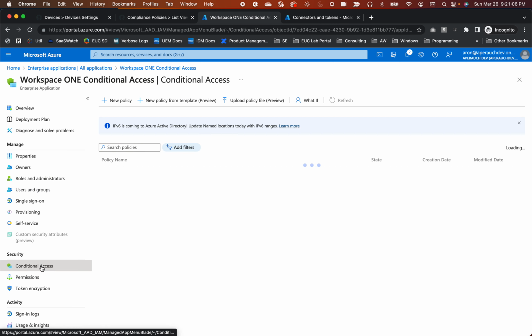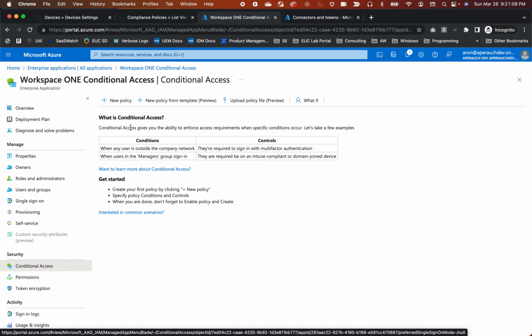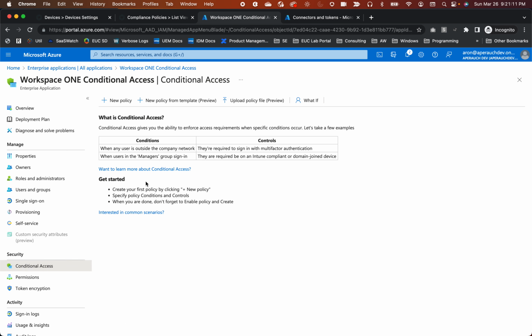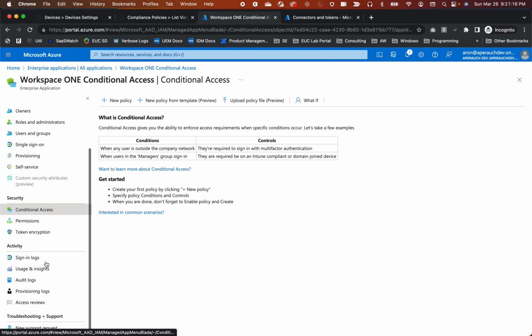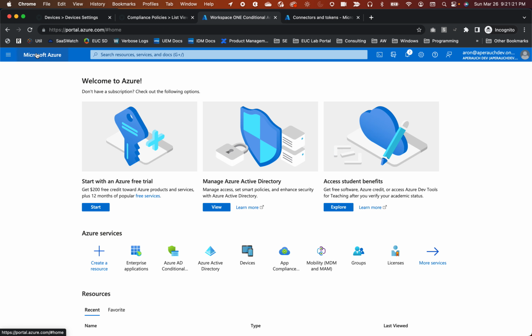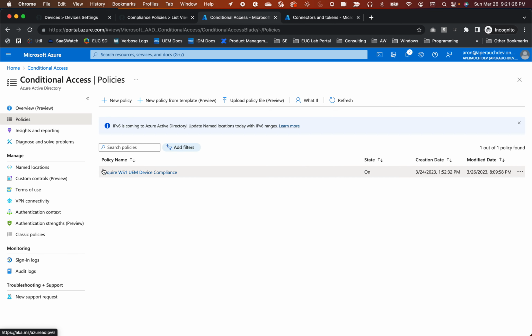And then going down under conditional access, you can see I don't have any policies here. I can certainly create the policy here. I don't have to. I could just go direct from Azure to Azure AD conditional access. I could then come here, click new policy, create the policy directly here, and that's what I've done. Okay, now before we look at the conditional access policy that I've created, there was another prerequisite step, which is to